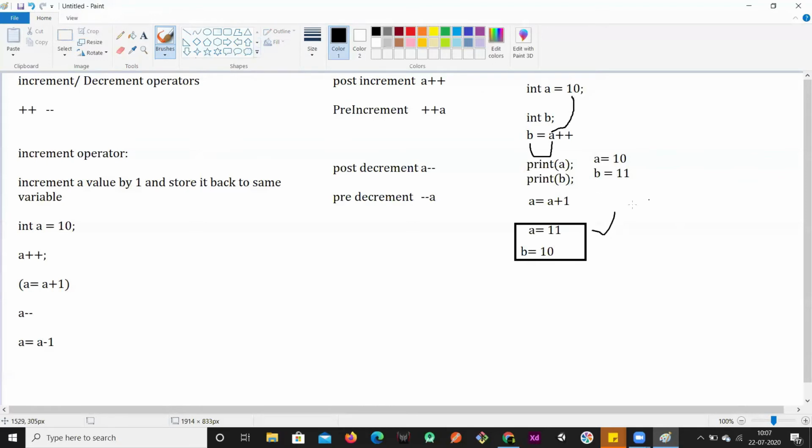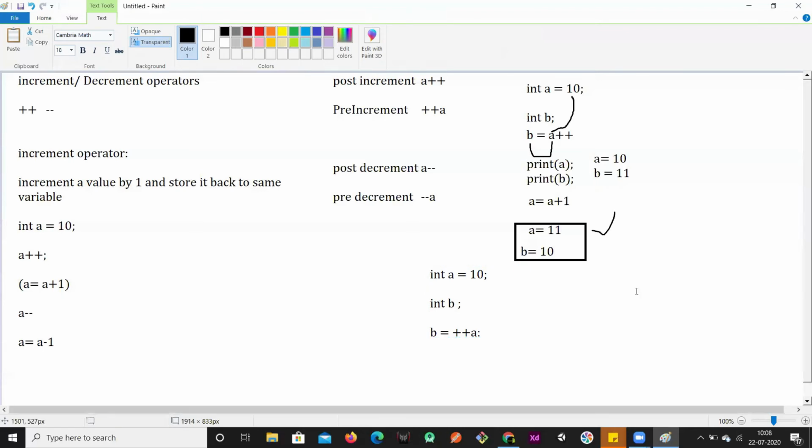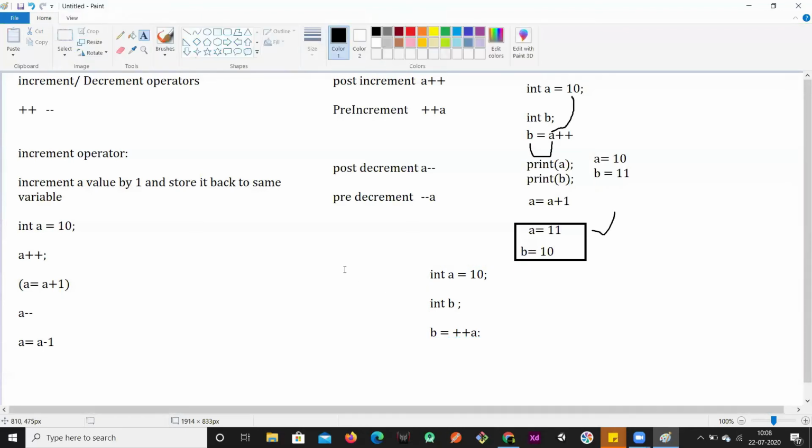In the same way, let's take the example of pre-increment. int a equal to 10, int b equal to plus plus a. What will be the values of a and b now? I'm thinking b equals 11 because it's incrementing, and a is 10.